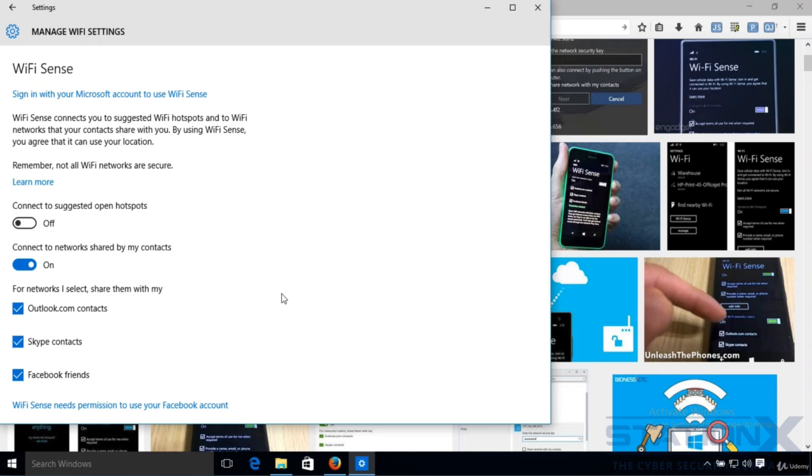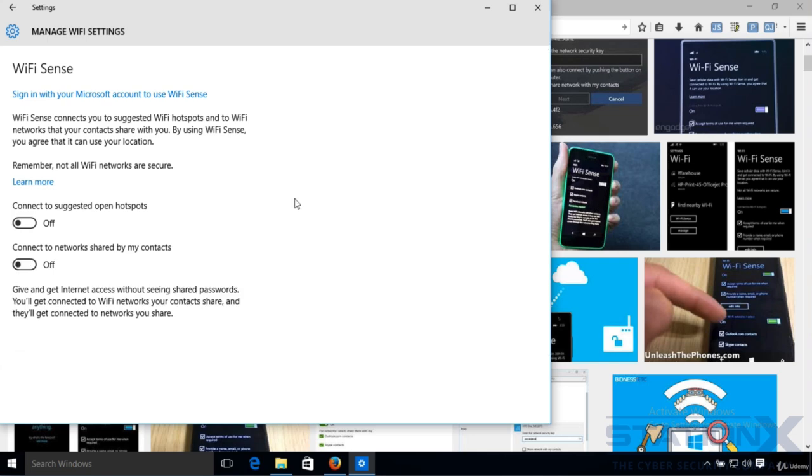Another scary prospect is Microsoft, and in fact any other company that will start to do this sort of thing where they collect Wi-Fi passwords. They will amass a huge database of Wi-Fi passwords of all the Wi-Fi networks. That becomes a huge target for attack and compromise, and you also have to trust that these companies will secure those passwords and won't do anything untoward with them, and that they have your best interests at heart at all times. So I recommend keeping this turned off and using a guest network instead, which we'll discuss later on.